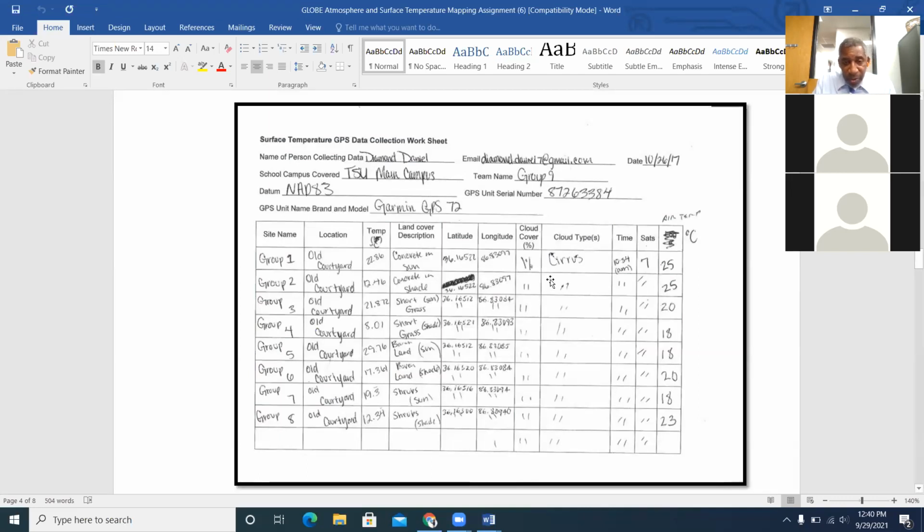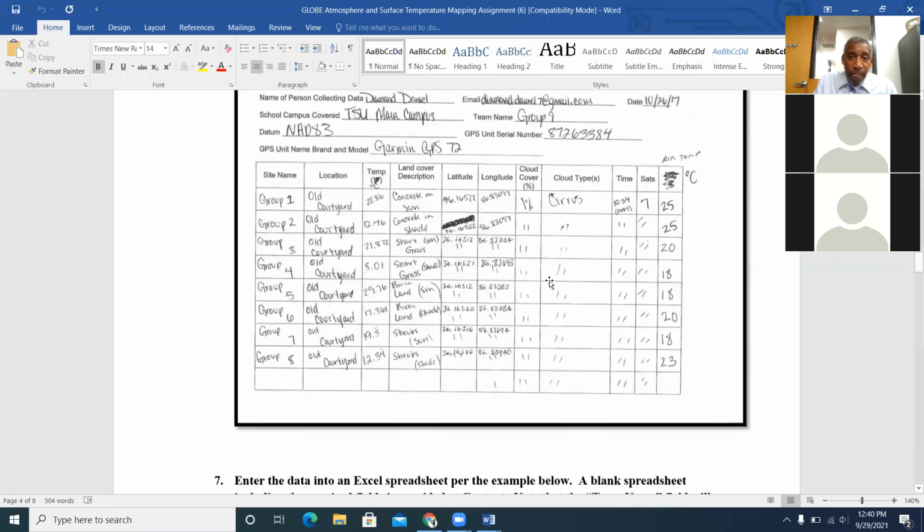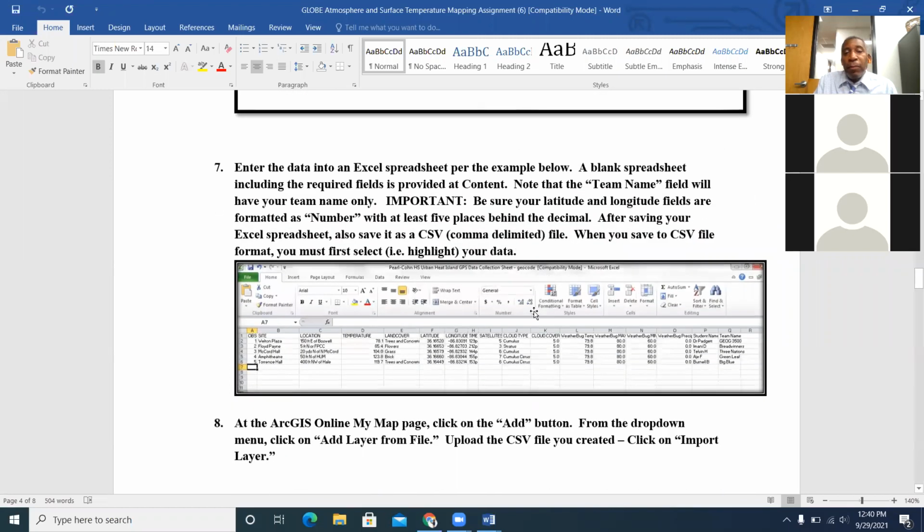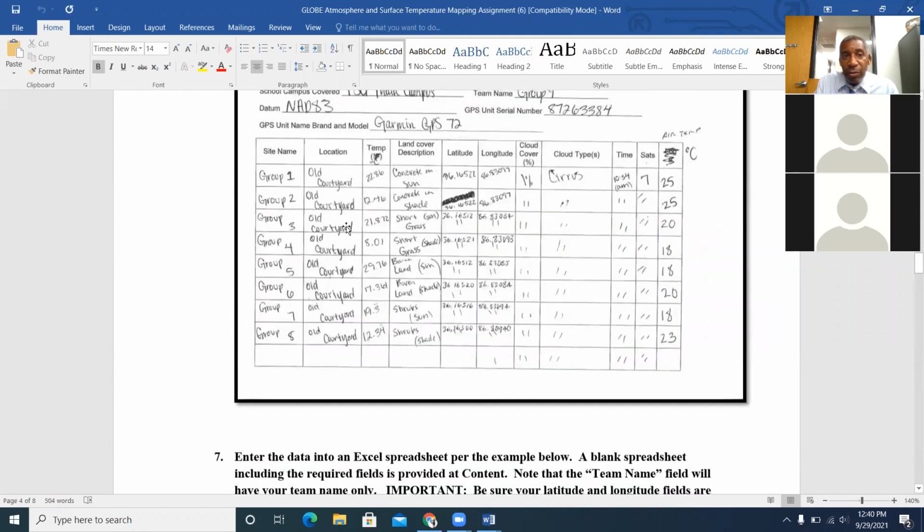So you'll fill out your spreadsheet. Each person will fill out just the portion of the spreadsheet that includes the data that we